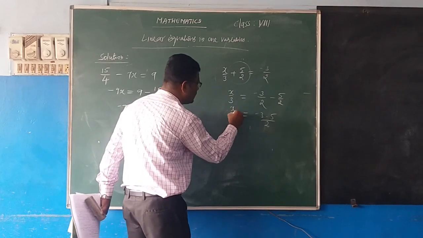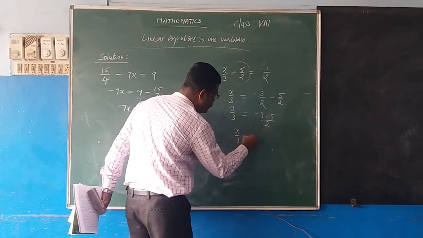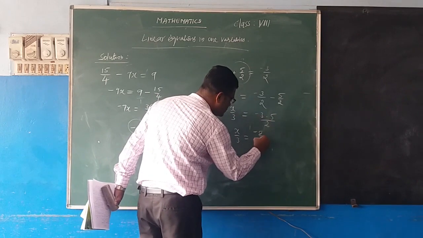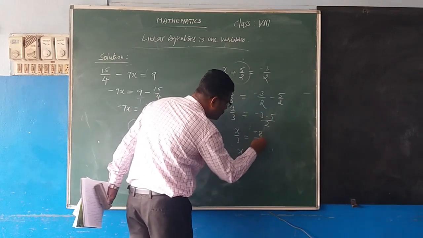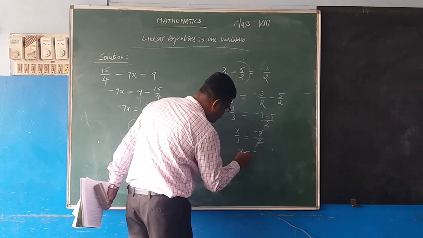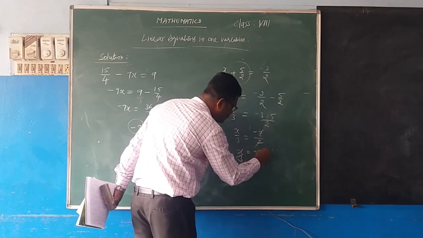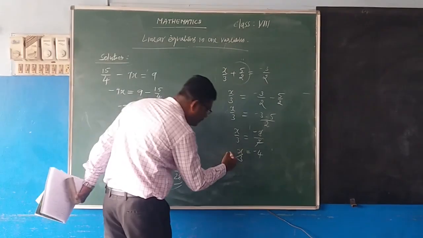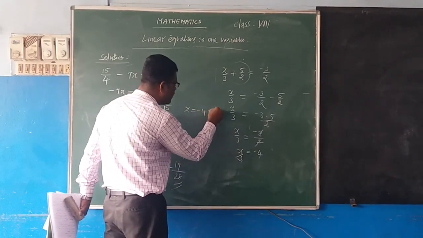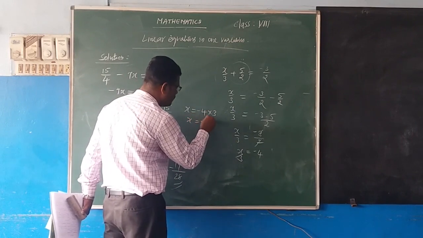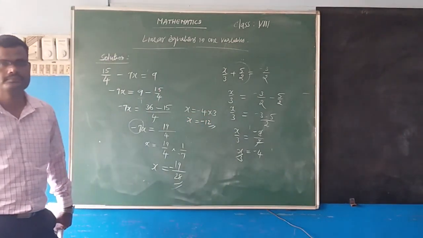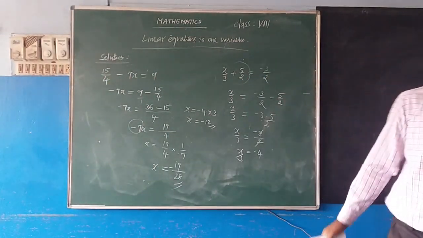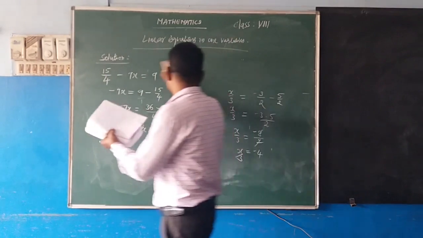That is equal to x by 3. So x by 3 is equal to, if both are minus, add the numbers, minus keep as it is, by 2, x by 3 is equal to minus 8 by 2, that is minus 4. Or x is equal to, when 1 by 3 goes that side, it multiplies. So x is equal to minus 12. Clear?